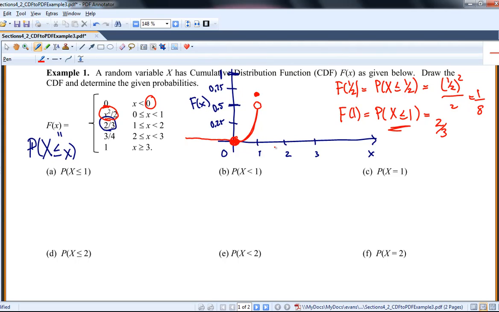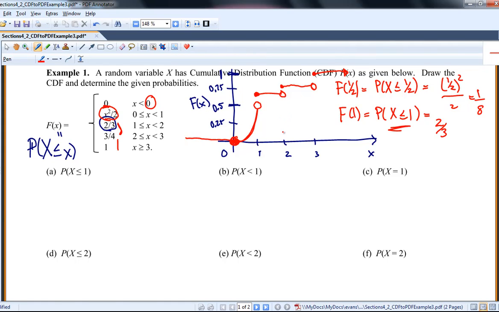So between 1 and 2, I don't pick up any probability at all, so we're just going to have this horizontal line until 2. And at 2, then I jump up to 3/4, so I've picked up the probability between 2/3 and 3/4. And that's going to jump me up here. I have a closed circle at 2 because I picked up the probability. I go until 3. At 3, I pick up another 1/4 and jump up to 1. So there's the graph of the